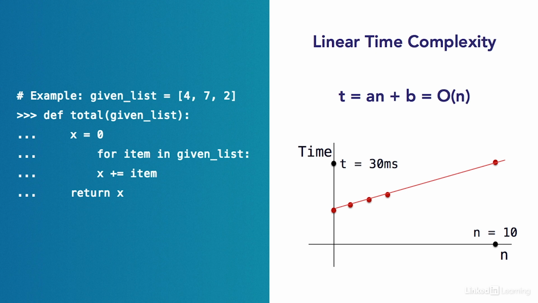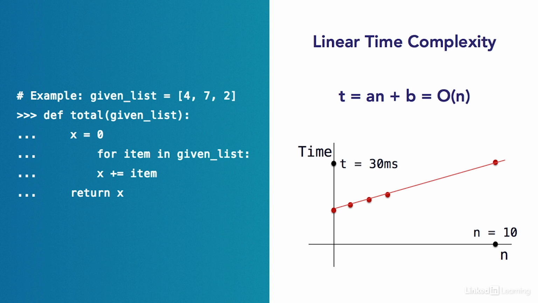Now, let's think about how we can rewrite this expression using big O notation. The largest term in t2 is 2n, so we just need to take out the coefficient, which is 2, and we get n. So t2 is equal to big O of n as well. So 2 times big O of n is actually equal to big O of n. In this way, big O notation and time complexity have a really nice property that they don't depend on a particular environment that you're running your program on. Whether your computer is 10 times slower or 10 times faster, this function would still have linear time complexity, and it can still be written as big O of n.